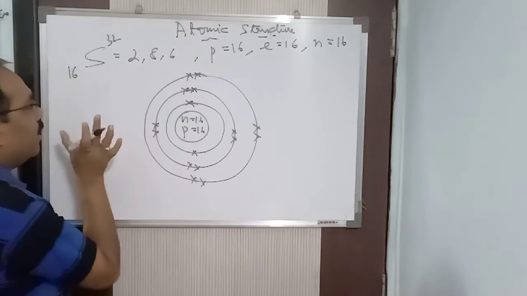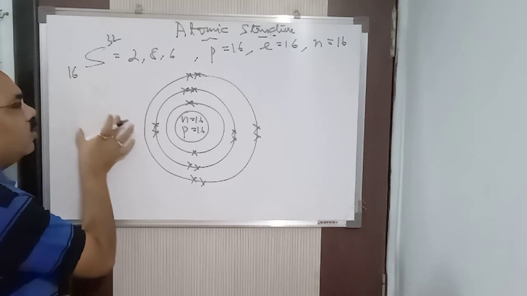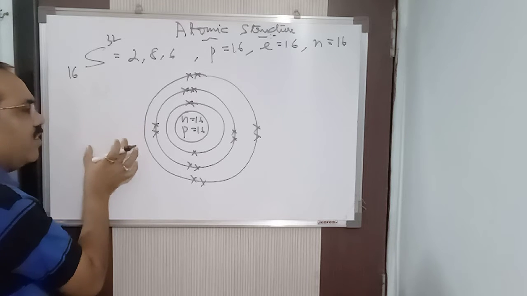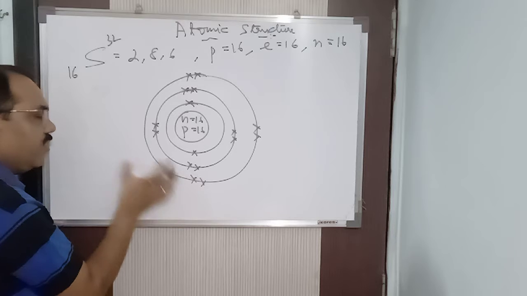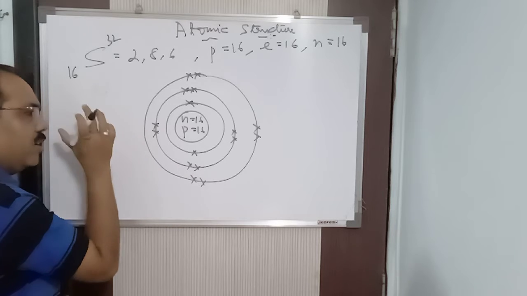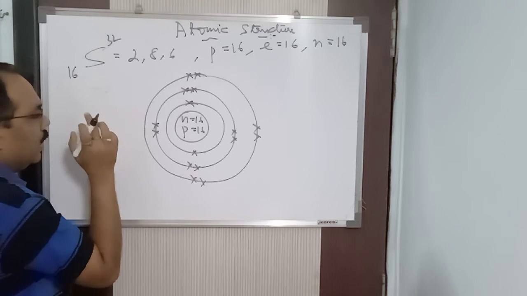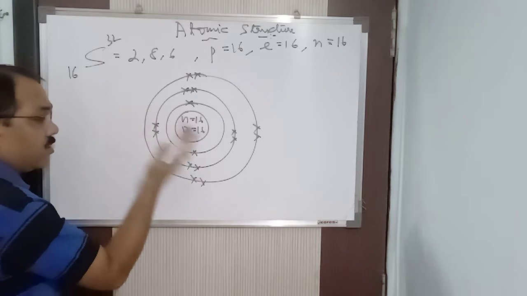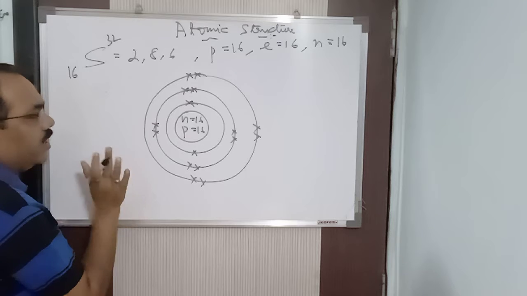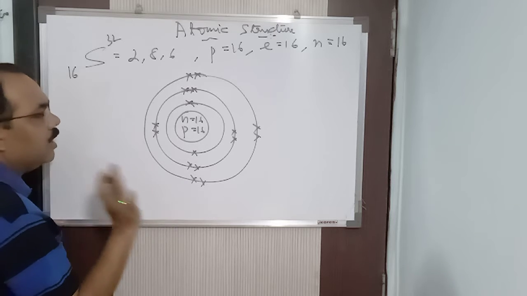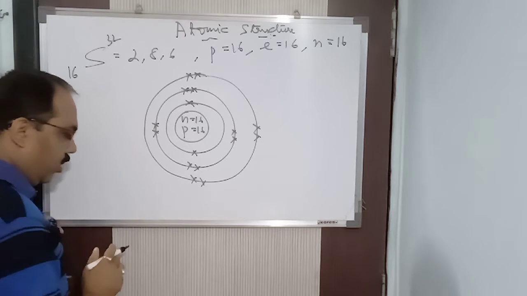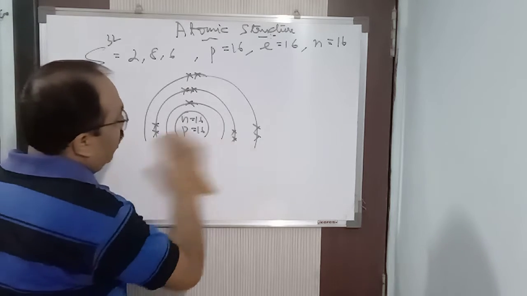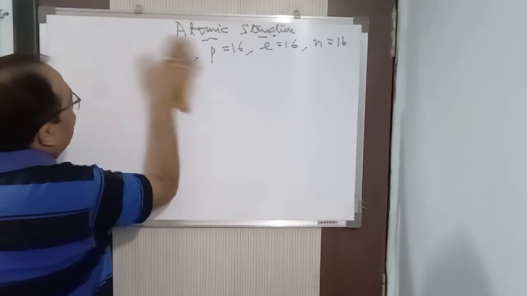So hence if an element has 1, 2 or 3 electrons in the outermost shell, the valence shell, we call it a metal. If it has got 5, 6, 7, we call it a non-metal. If it has got 4 in the outermost shell, it is known as a metalloid. That is, it can either lose or gain, but it neither loses nor gains. What it does, it shares. Got it? And if it has got 8 electrons in the outermost shell, it is said to be inert. All these things we know. Inert gas or noble gas, we can say that. Got it? Clear?